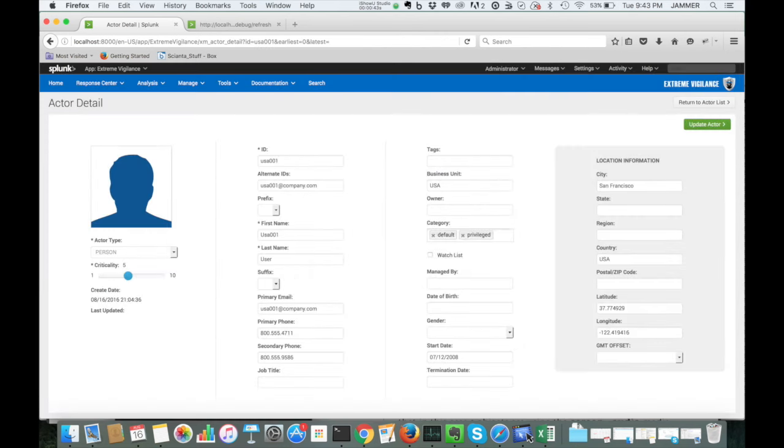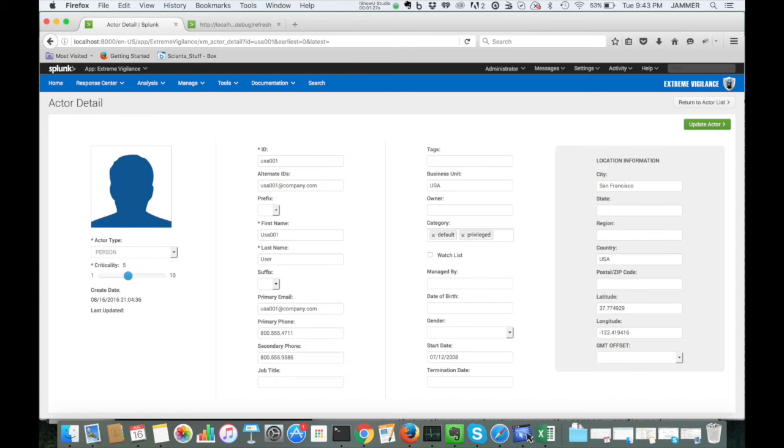And you'll notice we have a wealth of information about this actor. Of course, there are certain fields that we had mapped, but there's a lot more information that we can capture. I mean, if you look here, we could actually add in an avatar for this actor. Because this actor information, as we detect anomalies and threats, we will tie in actor details with that report or dashboard or table, wherever that is, of listing to show you actor information and even provide you the ability to click back in here for more details. You can easily adjust the criticality of this actor. And as you notice, there's a lot of other parameters, tags we could add for searching,